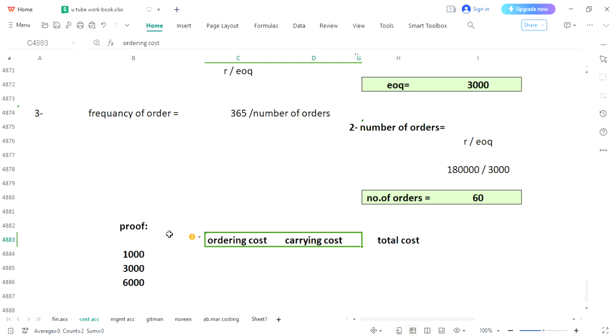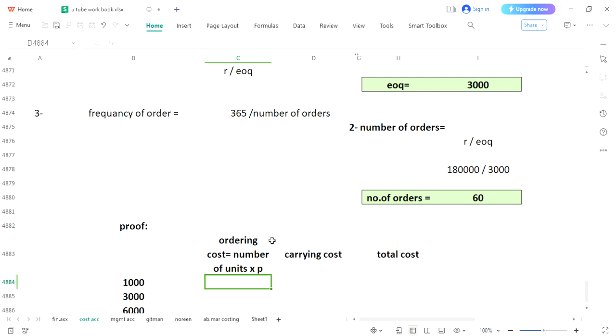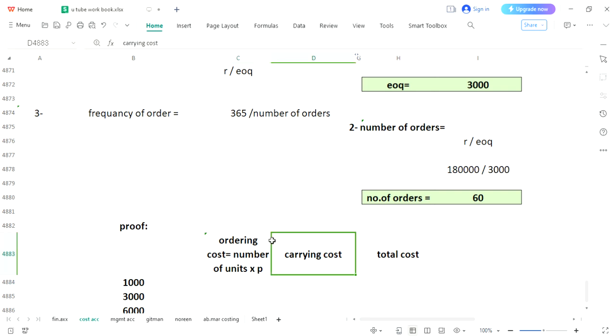We will write formulas as well so that understanding these things is not difficult for you. Here, how will you calculate your ordering cost? For that, you put the number of units multiplied by the cost of placing an order, that is P. And how will you calculate carrying cost? For that, you will again put a formula, number of units,